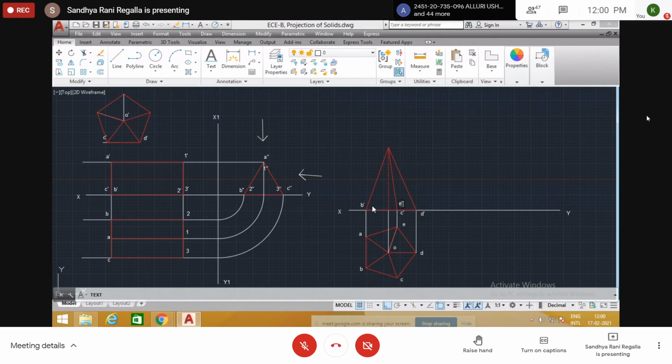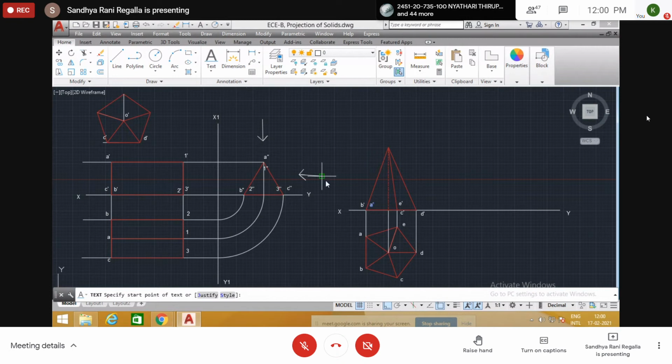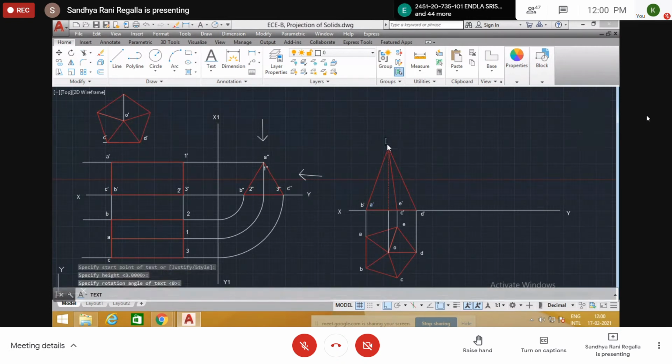And here A. This is O. Okay. Now one slant edge is resting